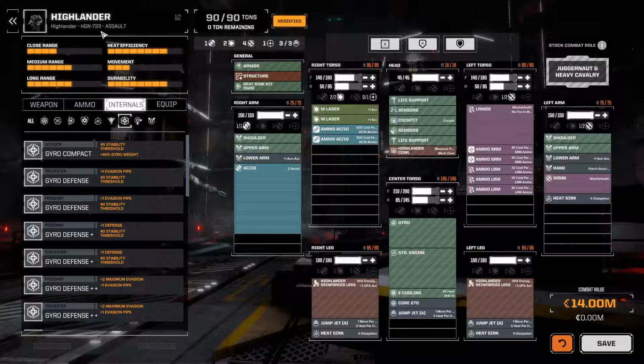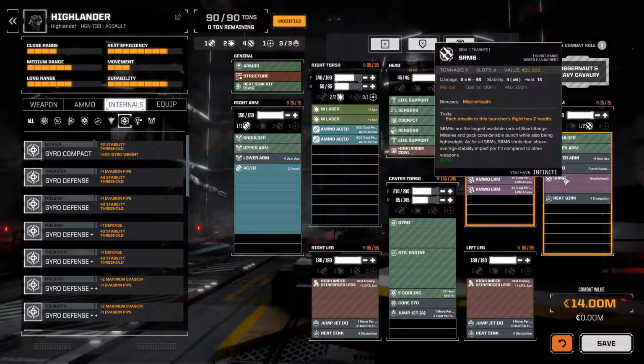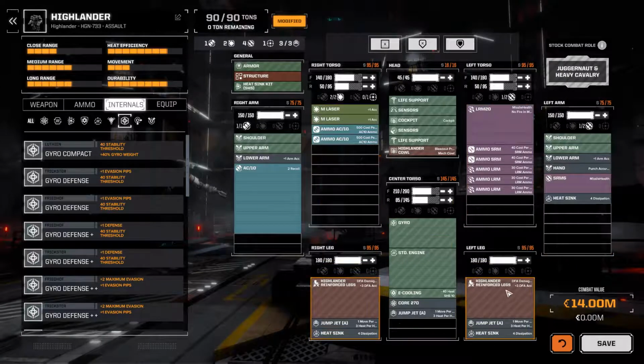So, this is the Highlander 733, which is the standard base Highlander. It's not the Royal Highlander that you can get later on in the campaign. And the main armament is an AC-10, double medium laser, LRM-20, SRM-6, and in BTA 3062, which is the mod